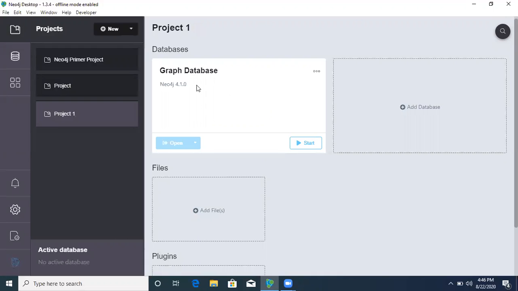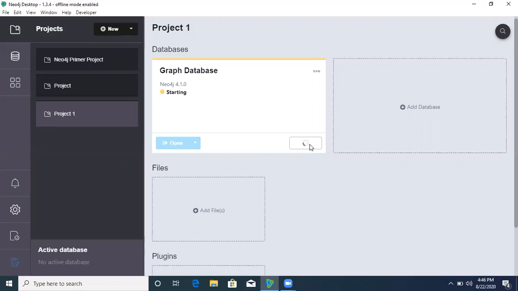Okay, now the graph is created. Now we'll click on start. Make sure that you are using internet for running this, or you can run this in offline mode also.